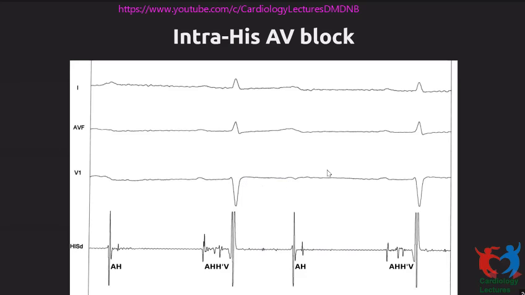Here you have a P wave not conducted to the QRS. Here again, we have a P wave and it's conducted to the QRS. So the question here is, did this block in the node that is above the his or below the his? Because we are recording a his electrogram, if you see a his electrogram and then block, that means it blocks below the level of the his. Whereas if you do not see a his electrogram, it blocks above the level of the his. So that's as simple as it can be.